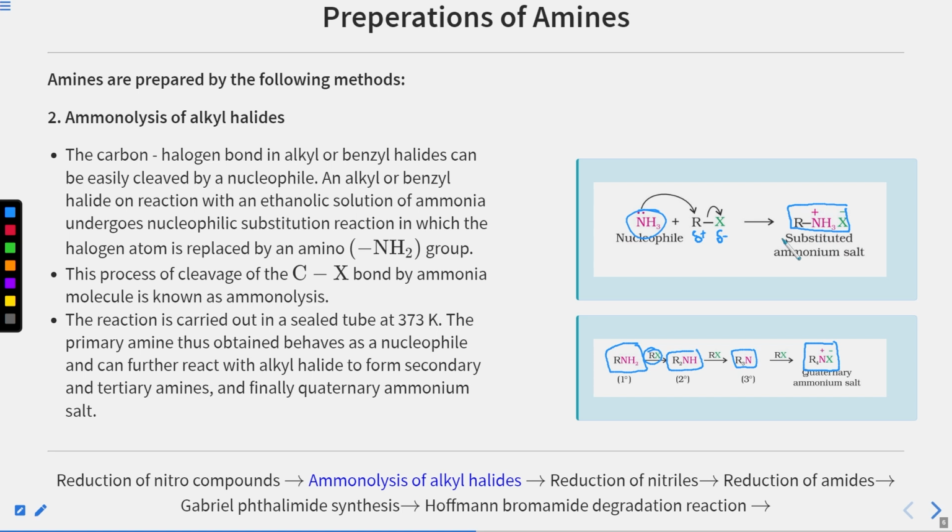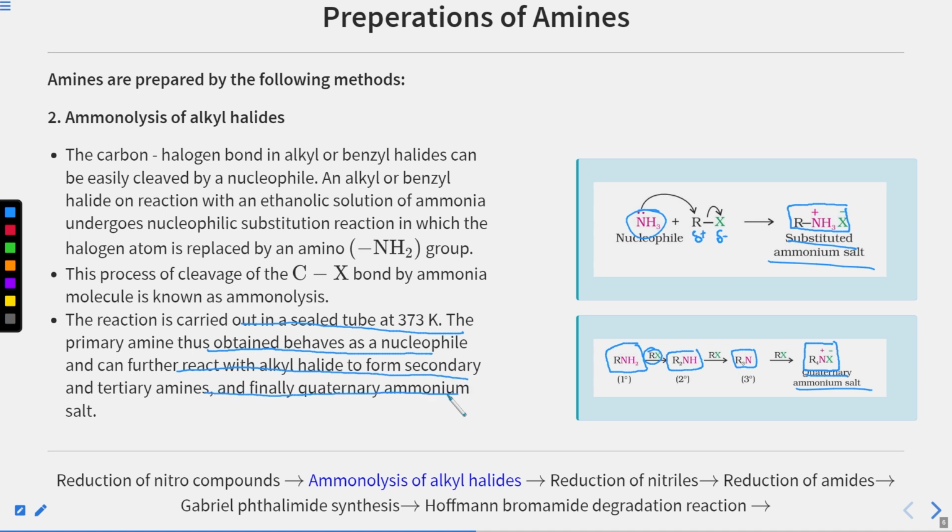Now both of these are ammonium salts. This is a substituted ammonium salt, in which one of the substituents is R, and this is a quaternary ammonium salt. Now all or both of these can be further hydrolyzed to get our final amine. The reaction is carried out in a sealed tube at 373 Kelvin. The primary amine thus obtained behaves as a nucleophile and can further react with alkyl halide to form secondary, tertiary,